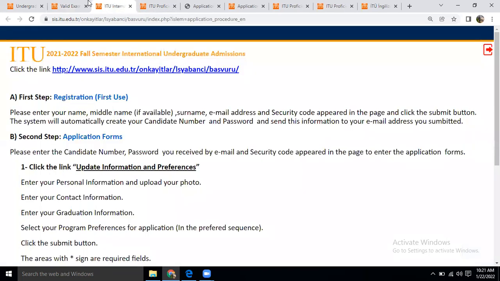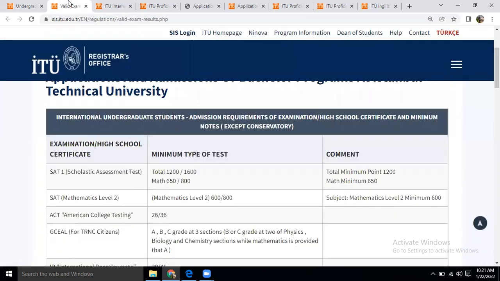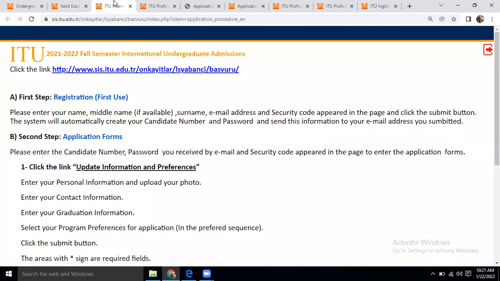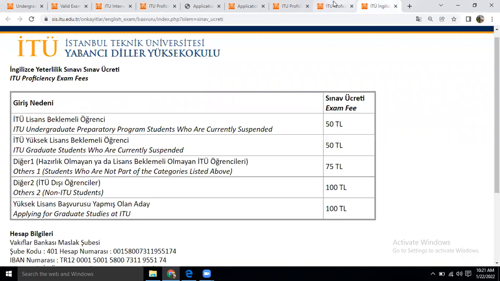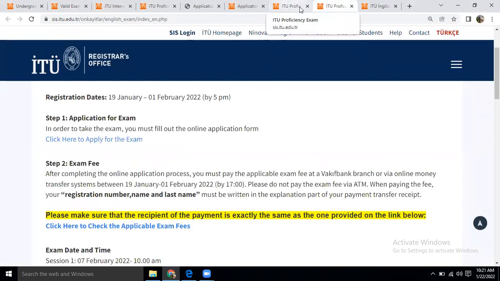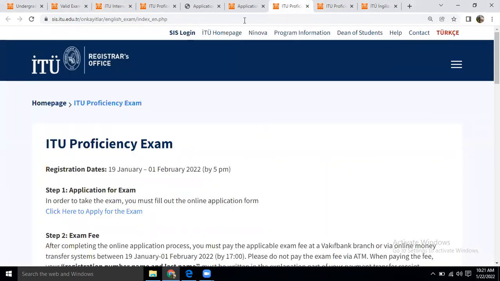The application procedure is very easy. The dates are flexible, and the criteria of application are very much merit based, and you will be selected if you fulfill these documents and requirements. The website of Istanbul Technical University is very easy to access and very easy to deal with. So you can easily